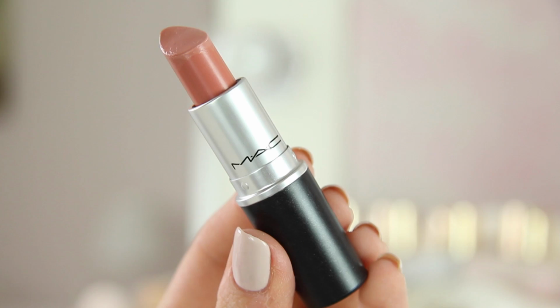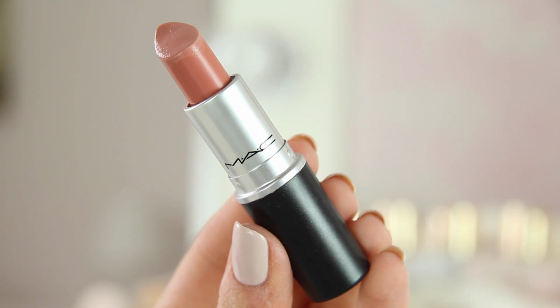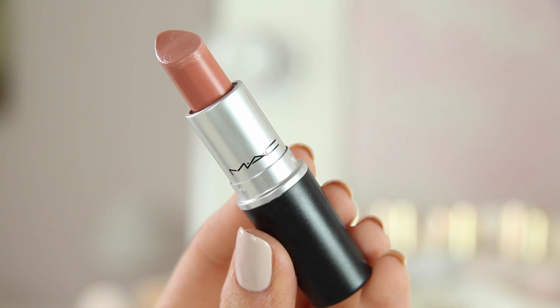So now I have Hugh, which is another one of my absolute favourites, and this was my summer lipstick. Last summer I didn't wear anything else, it was just Hugh all day, every day. And this is another really, really popular pinky nude. Loads of people get this because you just can't go wrong with it. And this colour is just about as basic as it gets. It's just a pale pink, but it's so, so pretty, and I swear it looks good on everyone, no matter